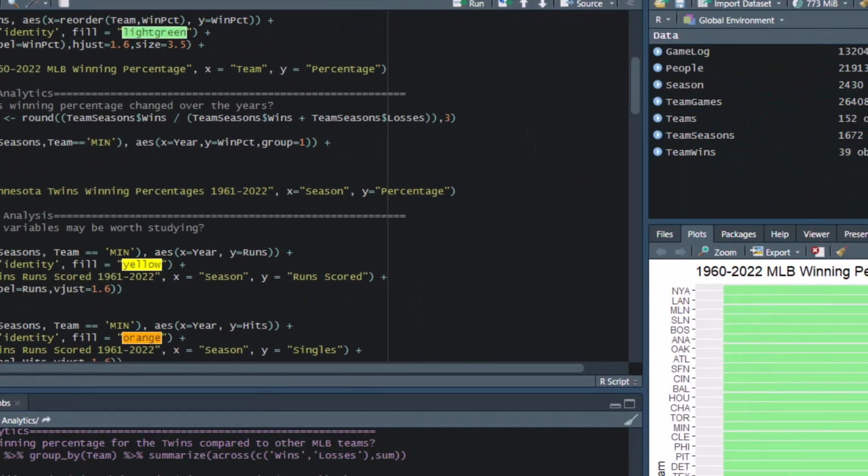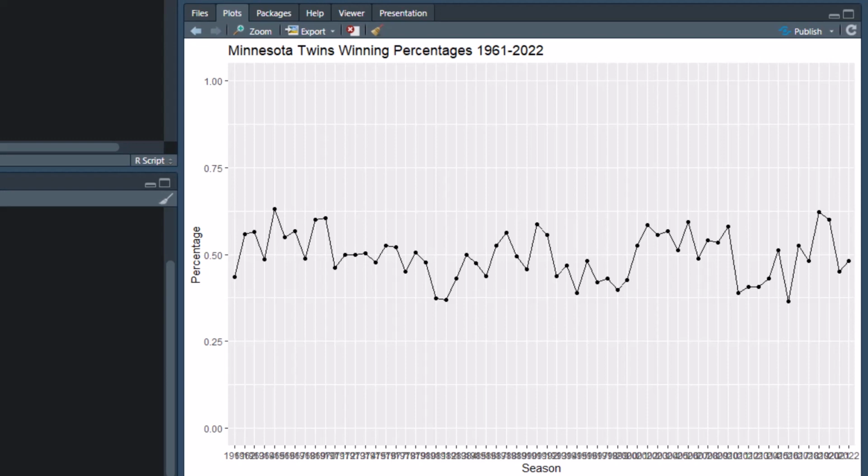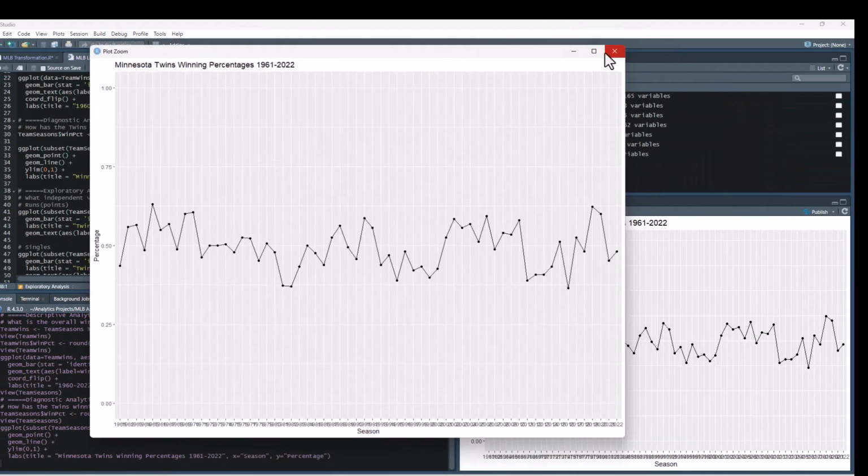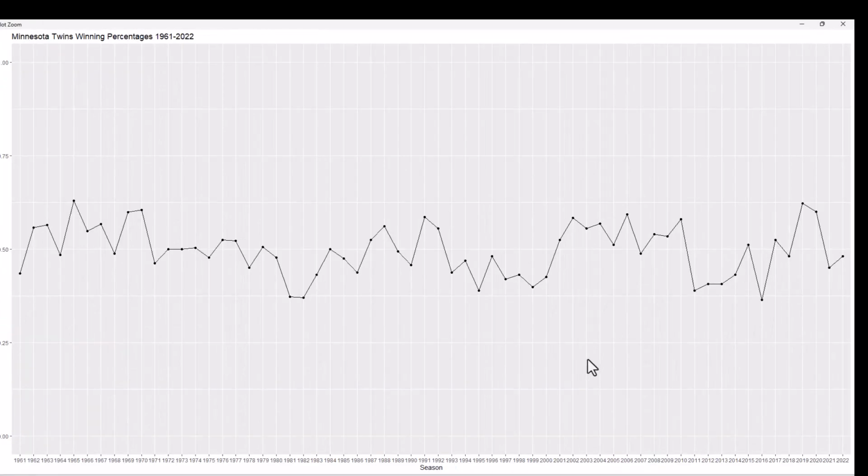So when I press Control Enter, I can see here, actually I'm going to zoom in on this, click on Zoom, and then maximize this. Now I can see from 1961, their first season, all the way to 2022, their winning percentage. I could zoom in on this, but I chose to keep my y-axis the full percentage from 0 to 100%. This way, we can see that they fall somewhere in the middle, and we can see how far above or below